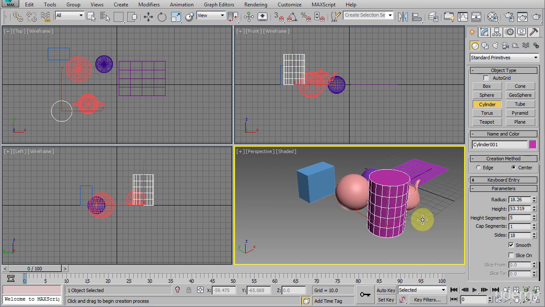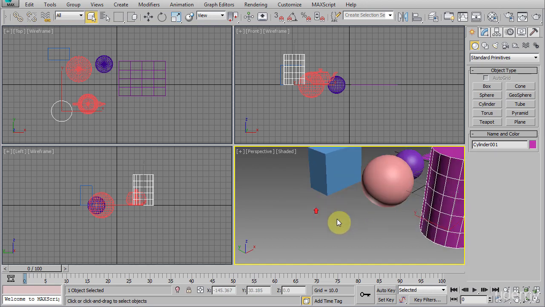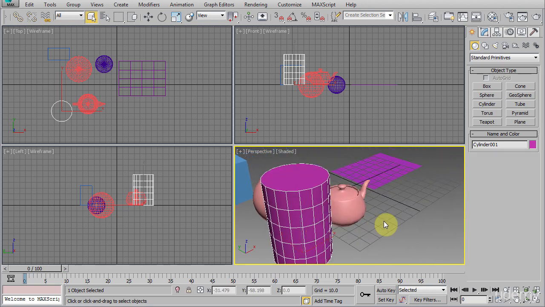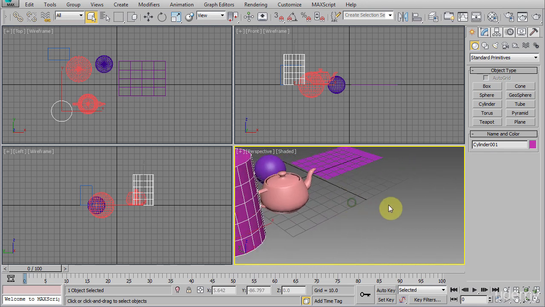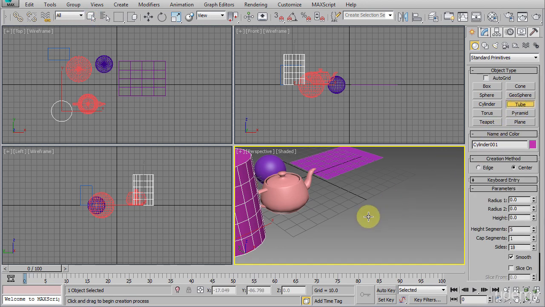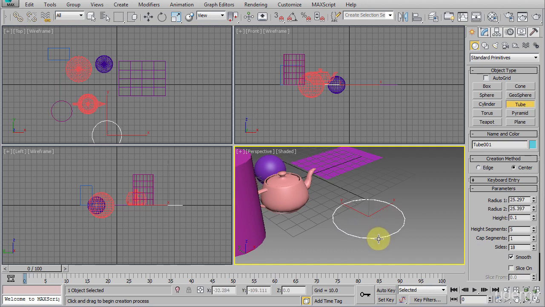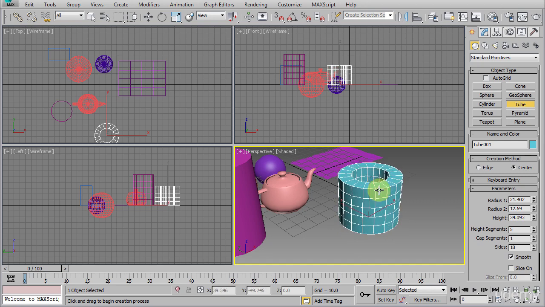Okay, now this will be the last technique we're going to discuss in terms of object creation. It involves several clicks after the first initial click and drag. So let's just try this on a tube. Click on the tube button, click drag in the viewport. This will actually define the first radius or the outer radius of the tube. After we release, we need to define the inner radius by moving our mouse back and forth. After we click once, we can move the mouse back and forth again to define the height of the tube. Then click once to finish the process.